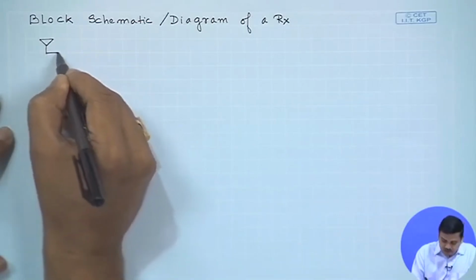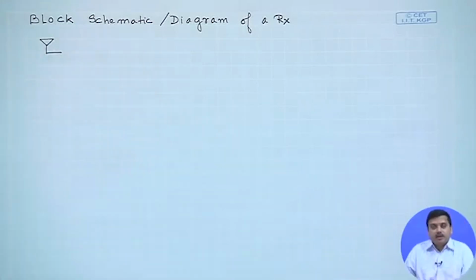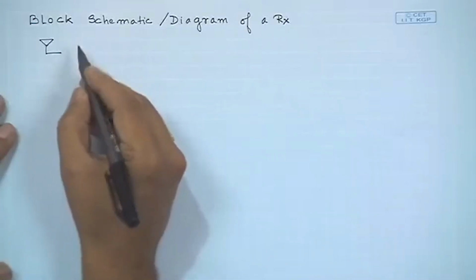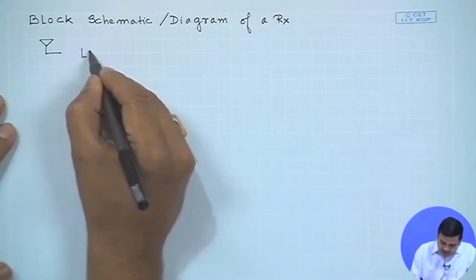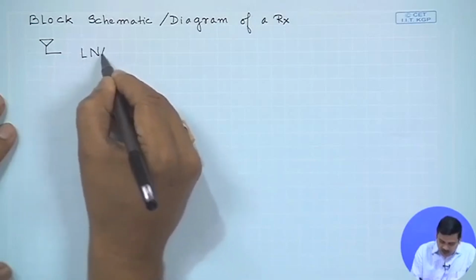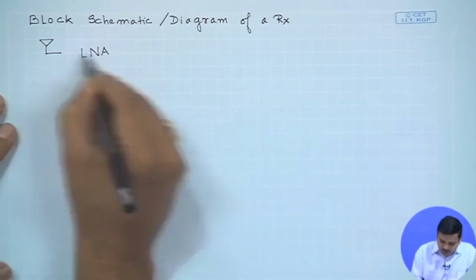consider an antenna, although I have mentioned that we are going to look at wire line systems and we are not going to look at non line of sight. So, well, these studies that we do are also applicable for direct line of sight wireless communications, for example satellite links or even microwave links. So, putting an antenna does not really violate our scope or the assumptions or the premise that we have already explored. So, hoping that there is an antenna, and typically there is a low noise amplifier in the front of